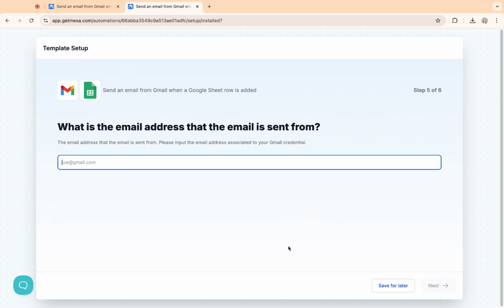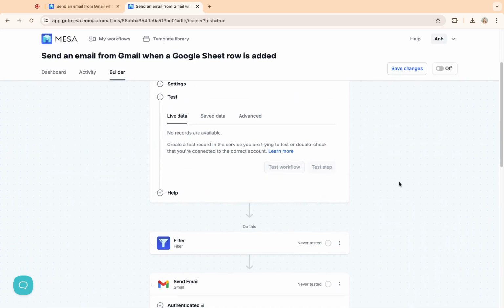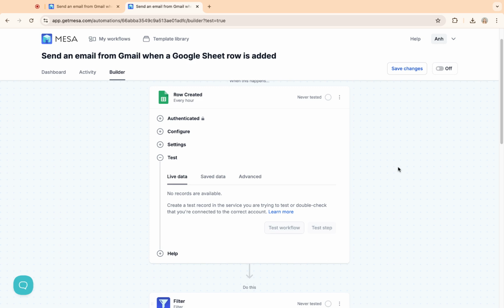And then you'll need to fill in the email address that the email is sent from. It is important that this email address is associated to your Gmail credential. Then you're all set. To summarize the steps of this template, it starts when a Google Sheets row is created